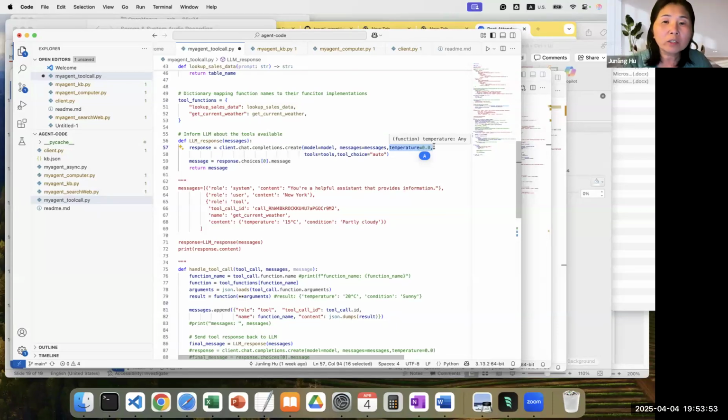Higher means you want a more artistic, more fun answer, right? So for tool calling, would it be better or worse? I would make it 0 because you want it more rigid, because this is more factual. You are doing factual things. If you are not doing factual things, like writing a novel or a poem, temperature 1 or 0.9 is all fine. The major thing we introduced here from a traditional chatbot is tools, and this is offered by all the large language models.